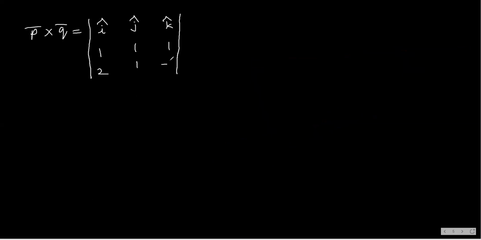So we have P bar cross Q bar is equal to I cap times (minus 1, minus 1, minus 1, minus 1),